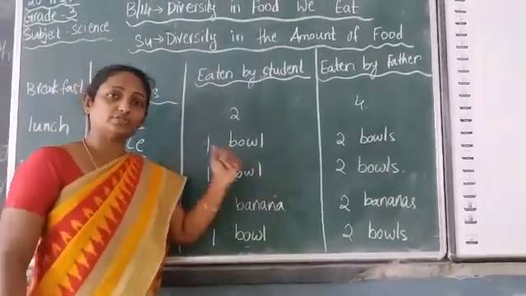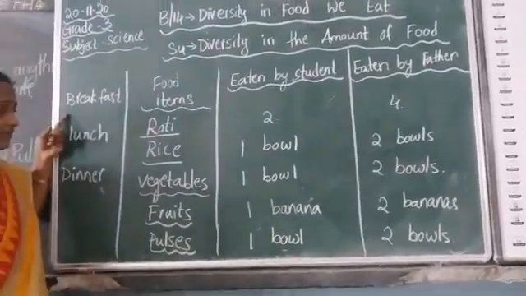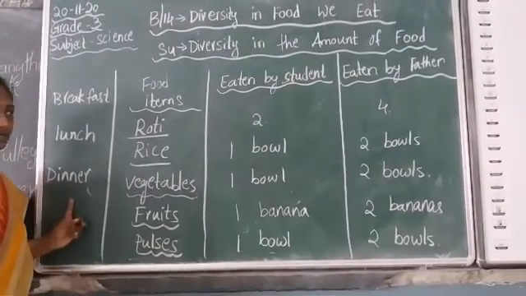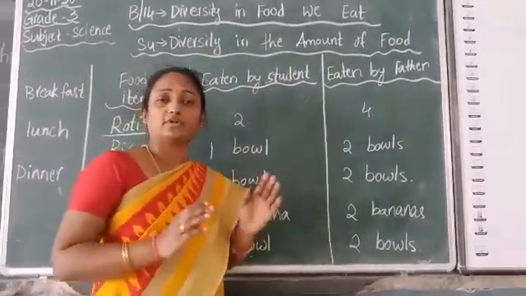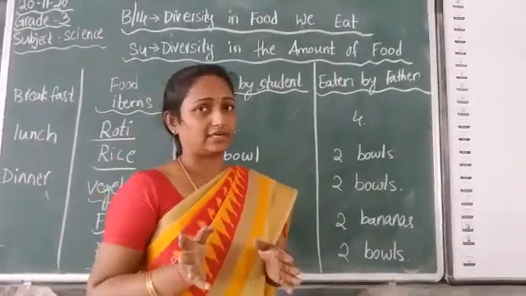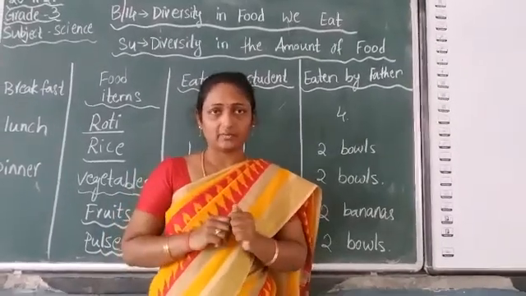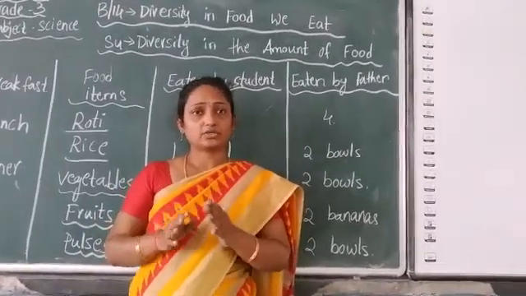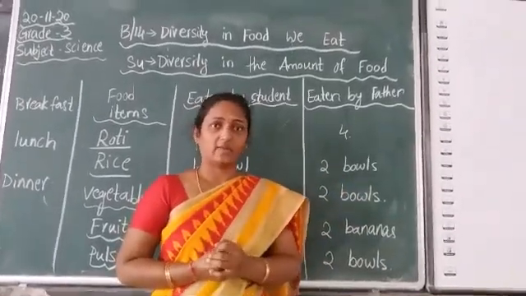Now children, you are going to compare one day in 2 days. You are going to compare breakfast, lunch and dinner, and you are going to complete this tabular column on your classwork plain side. So you have the plain side in your classwork. You are going to draw the tabular column in that and compare yours and any of your adults in your family.